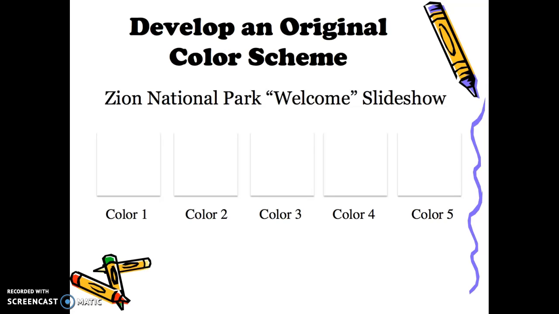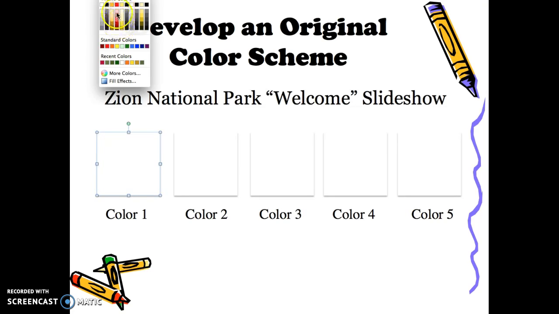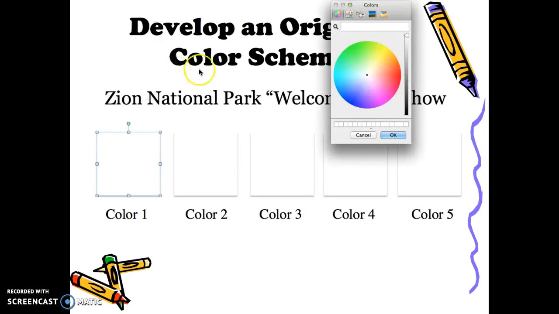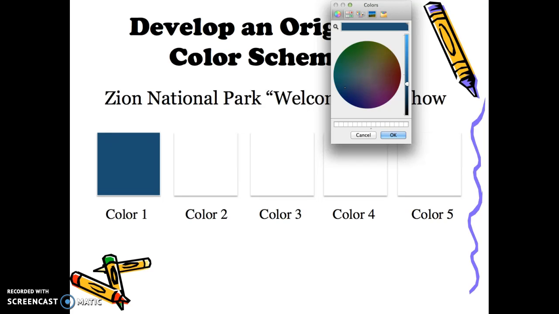So I have my thing closed, but if I was to click on this box and go into my colors, let me see if I can get this in here, home, and pick a shape fill. Let's see here. Here's my fill, and I go down here, and you can sort of see that in here. I'm going to click on more colors, and in this case I'm on a Mac, but I have the ability to use the magnifying glass here to grab a color. So let's just say I wanted to, and this would be if I had a picture open. I'm going to grab from my desktop, which features a watery background, and it's just grabbed a color from my desktop. So what I would encourage that you do is try to create a color scheme